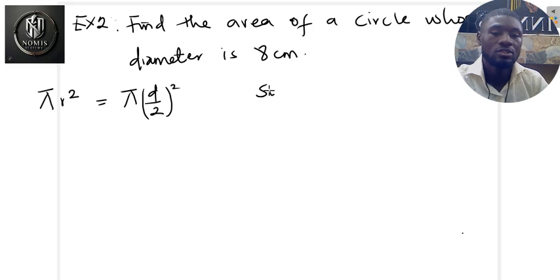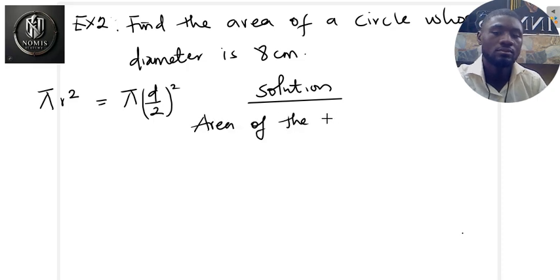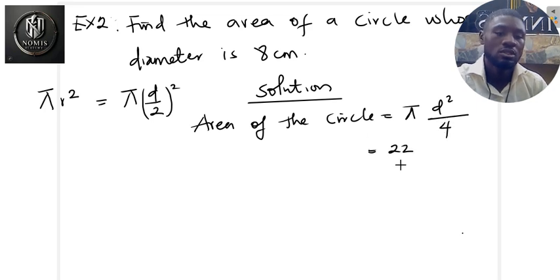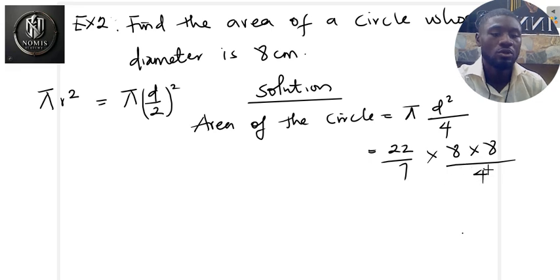So let's get into the solution of this question. The area of the circle in this case is equal to pi d squared all over 4, remember that this squared is for everything, so this 2 will be squared. So this is 22 over 7 multiplied by, what is the diameter? d, 8 centimeters. So that's 8 multiplied by 8 centimeters all over 4. So we can reduce to the lowest term. We can say 4 here 1 and 4 here 2. I think this is the least we can go. So we can take 22